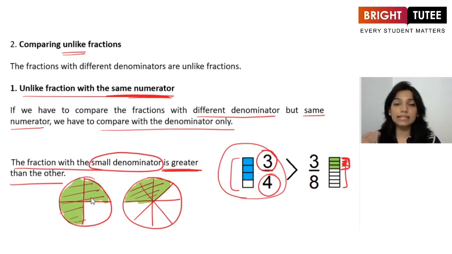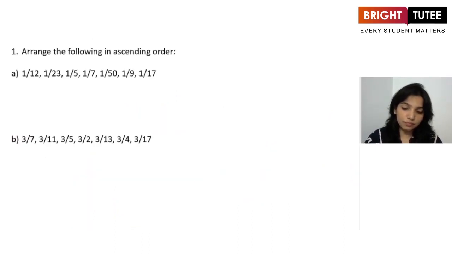I hope now it is getting clear how we are comparing unlike fractions with the same numerator. Let us understand them better by doing some questions. I'm sure you will understand it better by this. Here it says arrange the following in ascending order. Ascending order is that we start from the smaller number and go till the bigger one. Okay. So here look what the numbers are. It is 1 over 12, 1 over 23, 1 over 5, 1 over 7, 1 over 50, 1 over 9,